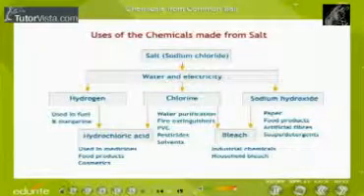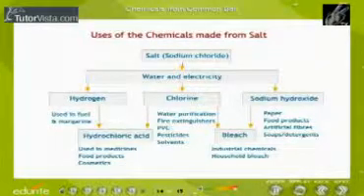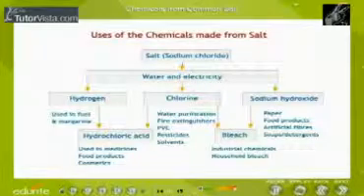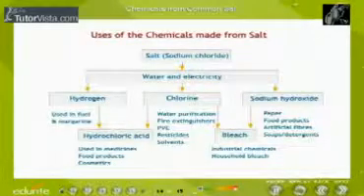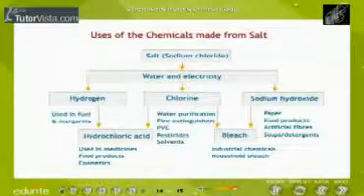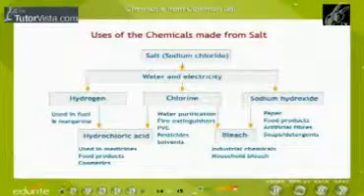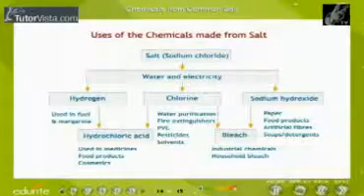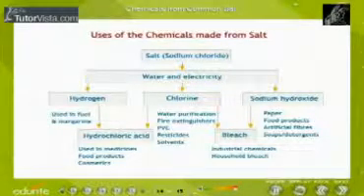Chemicals from common salt. Common salt is a raw material for various materials of daily use, such as sodium hydroxide, baking soda, washing soda, bleaching powder, and many more. How one substance is used for making